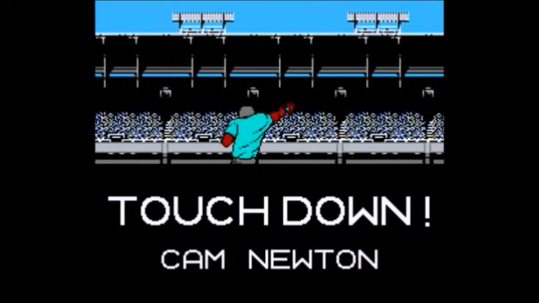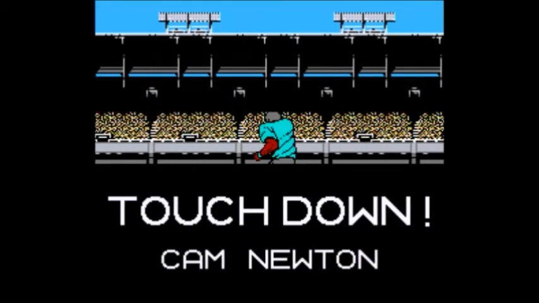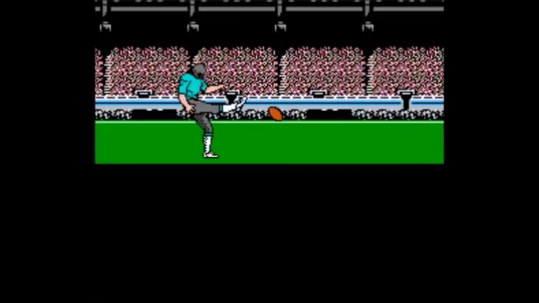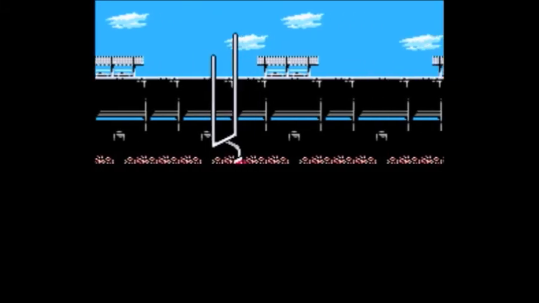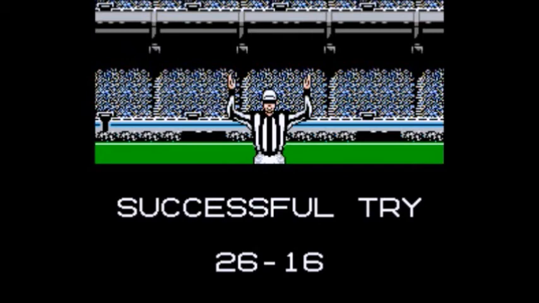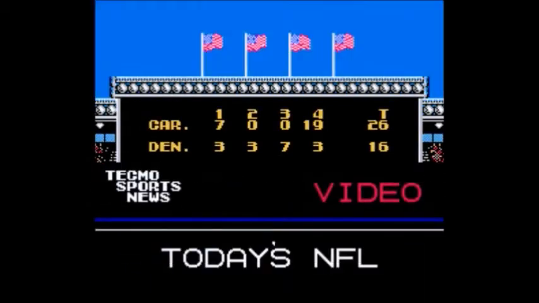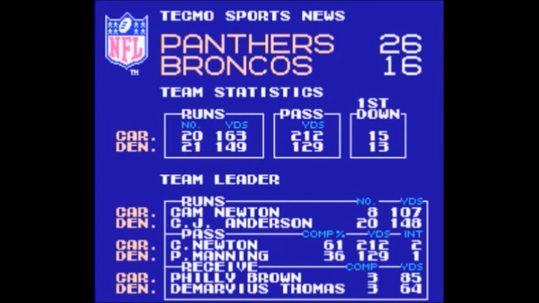Wow, that's some gutsy call there by Riverboat Ron. He's definitely earning his nickname today. Ron maybe put some money on them covering the spread. Needed those few extra points. That's true. Oh, wow. So an exciting end here to the Super Bowl 50. Carolina Panthers win 26-16 over the Denver Broncos.